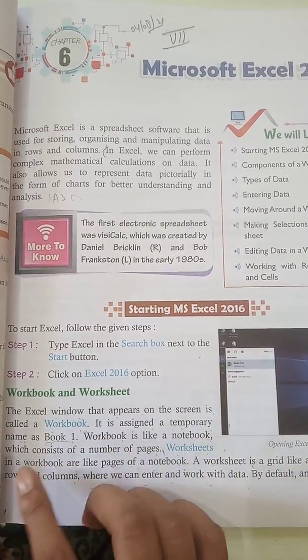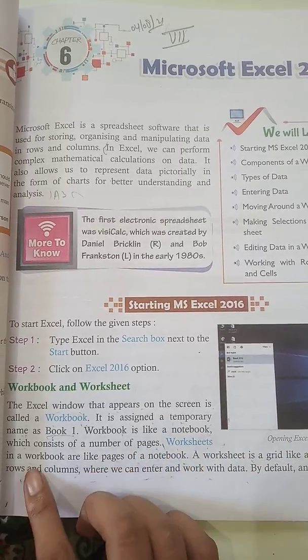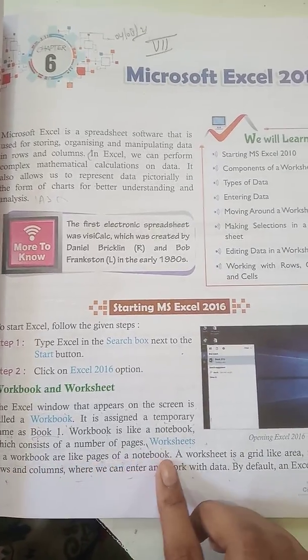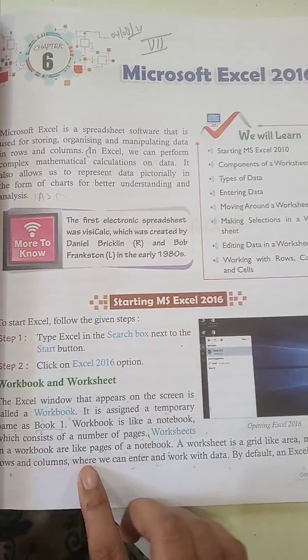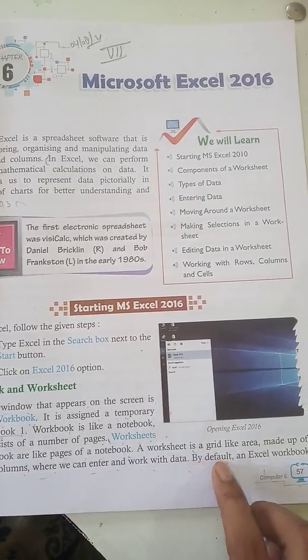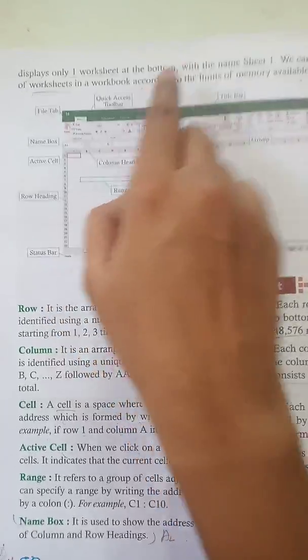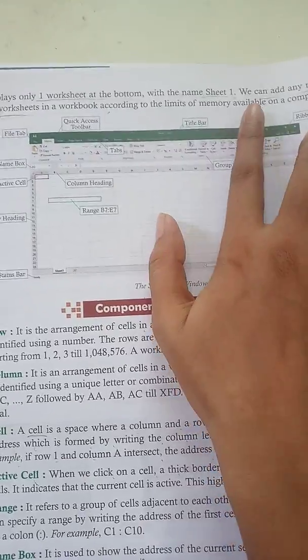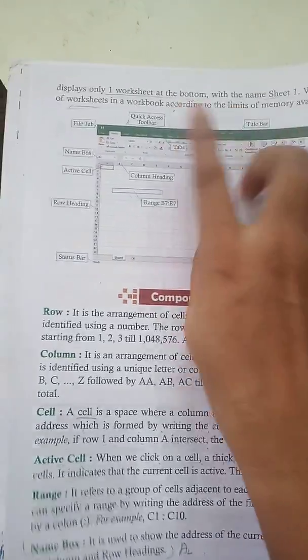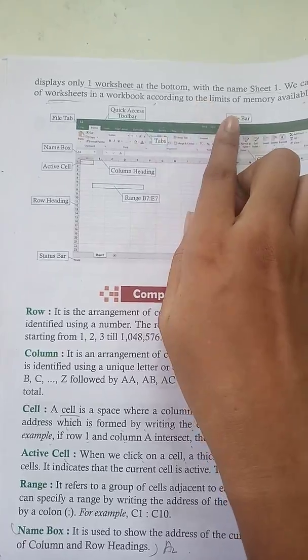Workbook is like a notebook which consists of a number of pages. Worksheets in a workbook are like pages of a notebook. A worksheet is a grid-like area made up of rows and columns where we can enter and work with data. By default, an Excel workbook displays only one worksheet at the bottom with the name Sheet 1. We can add any number of worksheets in a workbook according to the limits of memory available